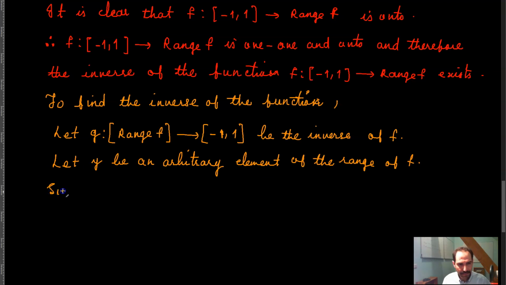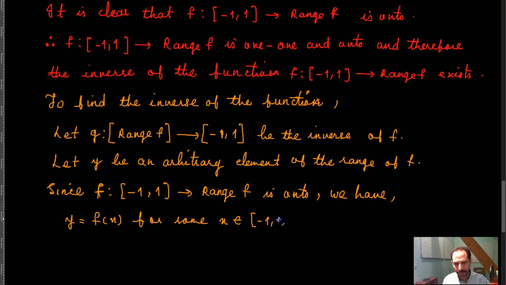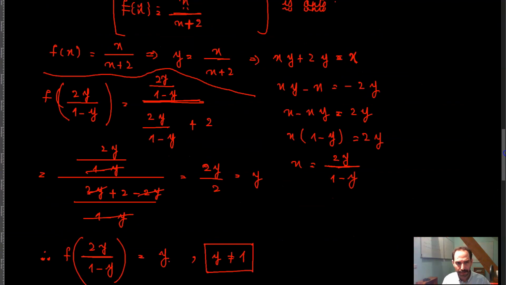Now, since f is a function from -1 to 1 to the range of f, is onto, we have y is equal to f of x for some x belonging to -1, 1, which means that basically